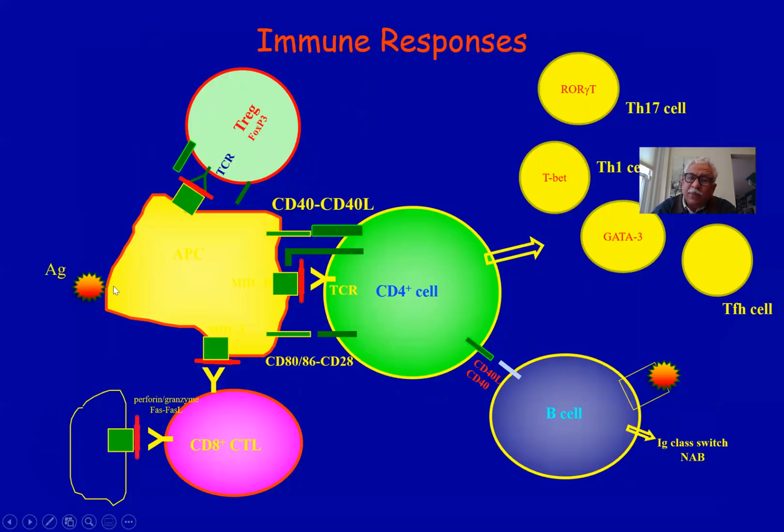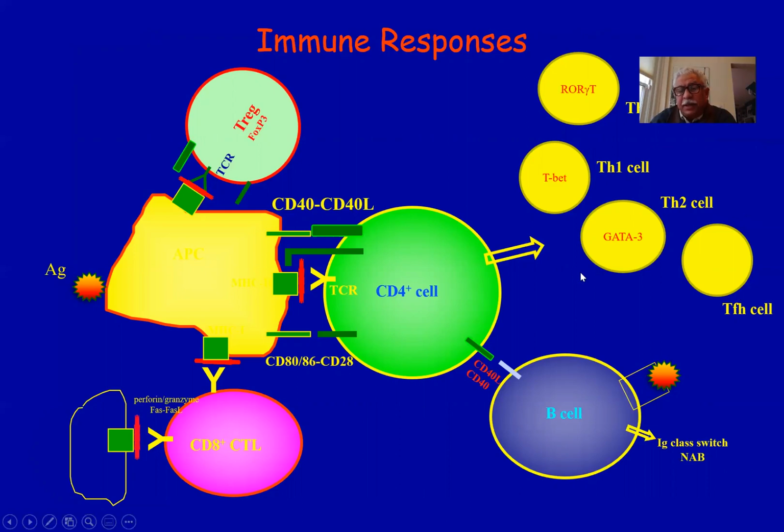The consequence of the immune response when antigen is presented to CD4 cells is that CD4 cells differentiate into various different cell types, including Th17 cells, Th1 cells, Th2 cells, and T follicular helper cells. These cells differentiate and help B cells secrete antibody, and they also help activate CD8 cytotoxic T cells, which then can kill MHC class I expressing